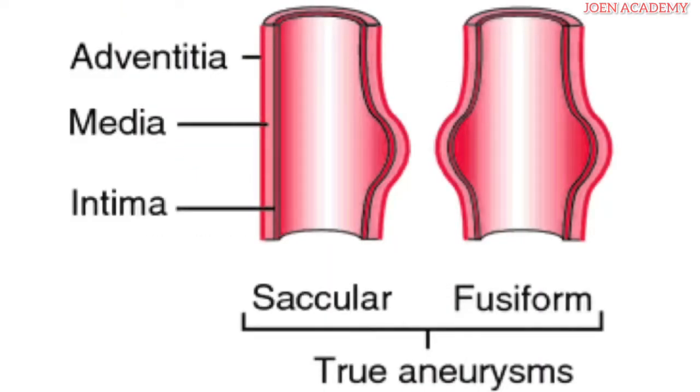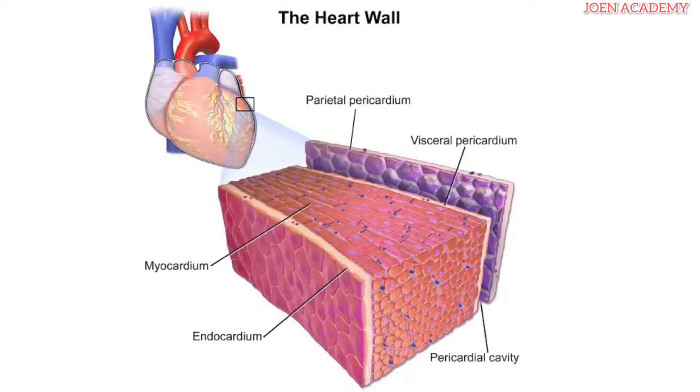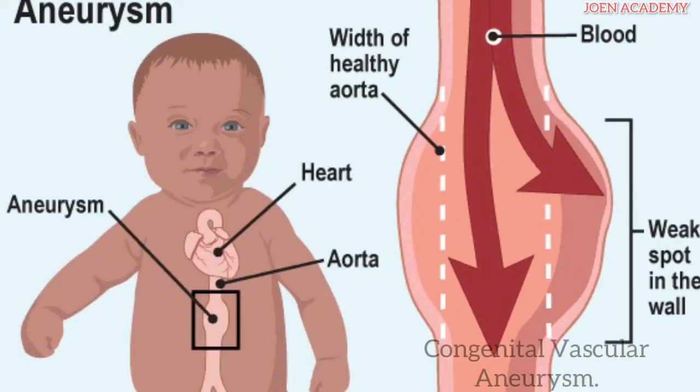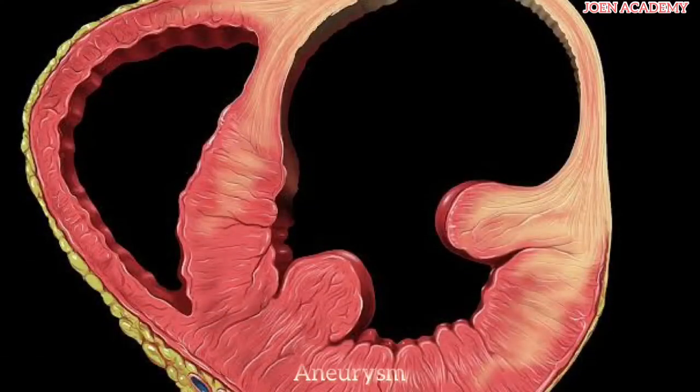True aneurysm happens when the dilations are bounded to the arterial wall, or it can be on the weakened wall of the heart. I hope you still remember the walls of the heart, not the ceilings of the heart. A typical example of true aneurysm is congenital vascular aneurysms and also left ventricular aneurysm that is seen after myocardial